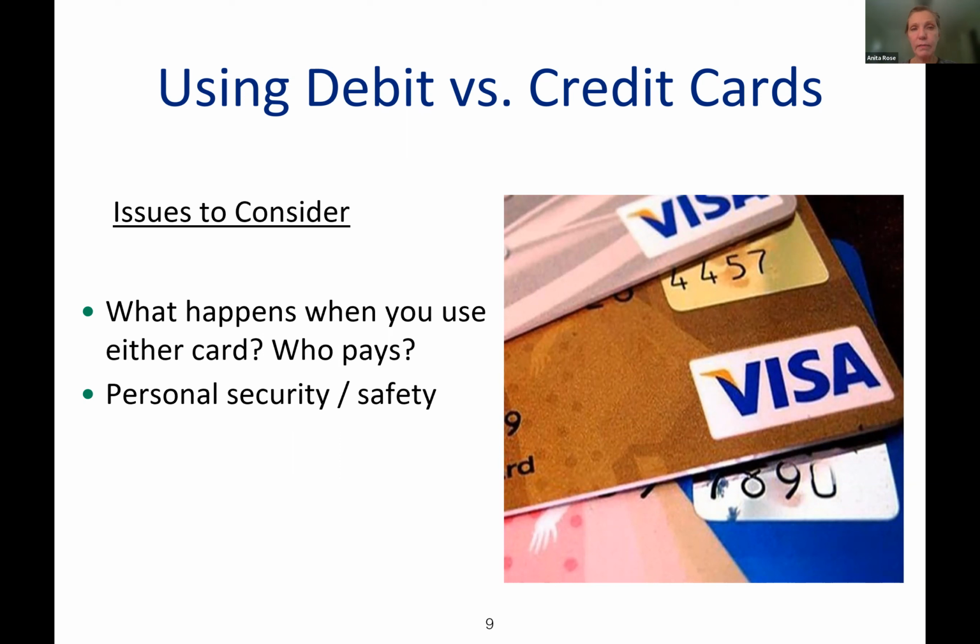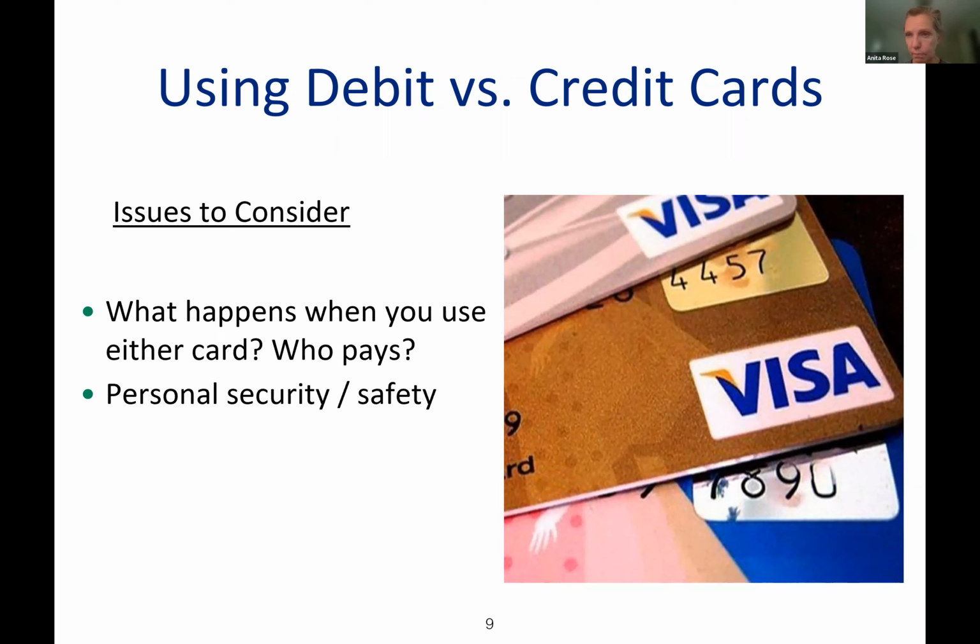Sometimes a debit card is better for you if you cannot discipline yourself to pay the credit card at the end of the month and you keep running a total. Well, then, you know what, cut up the credit card, don't ever use it again, and start using a debit card until you can discipline yourself again. And then get yourself in a position where you're having the credit cards work for you instead of you working for the credit card.